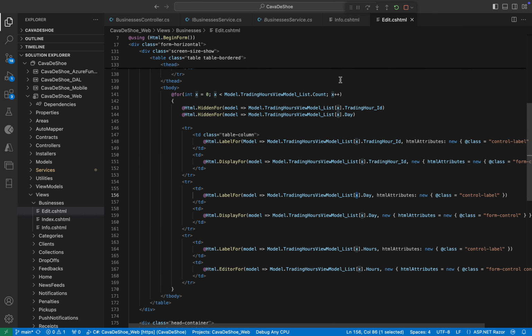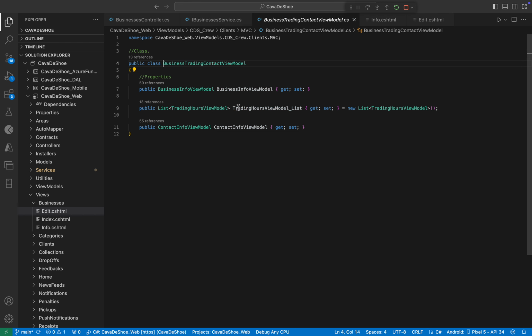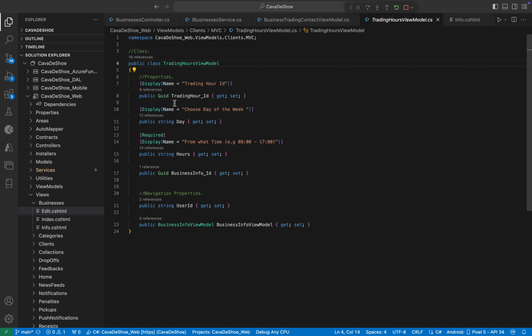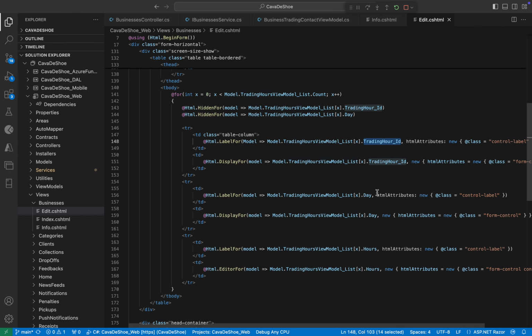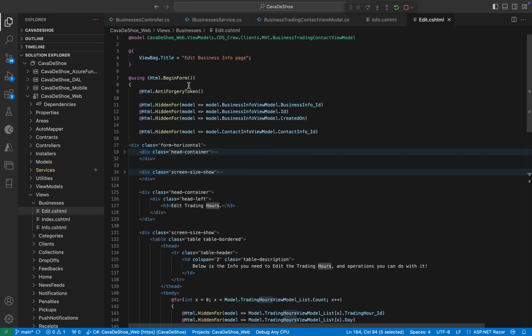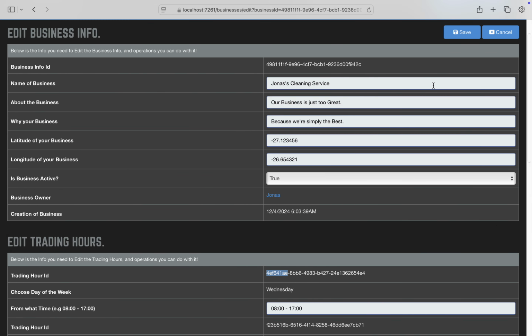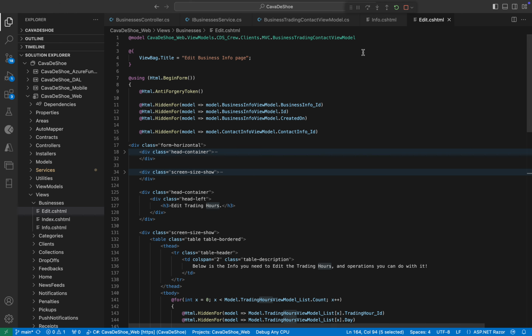Why am I showing this? It's because whatever you're doing here, like I showed you, there's a view model. It has this guy, right? But this guy has trading hour ID, day, and hours, right? That's the only thing I'm exposing. And if you look at this guy, it has to correspond to those properties, because of what it's going to do while mapping this, when you send back, when you click submit, which is save, I'm about to do that. What it does on the controller,